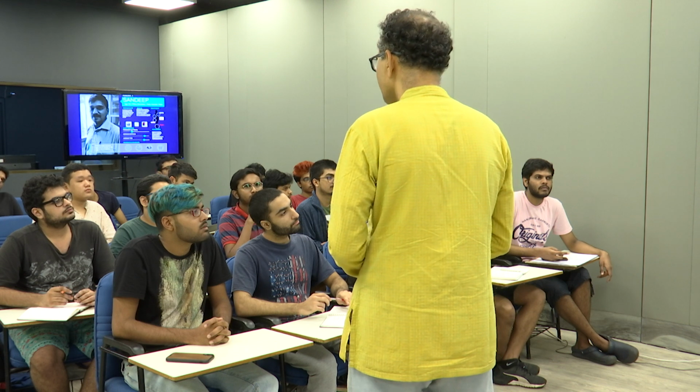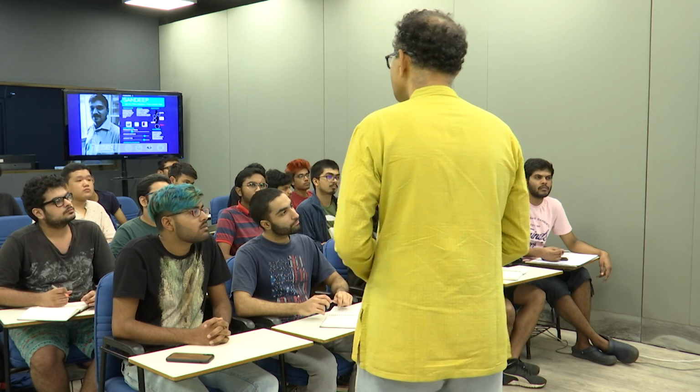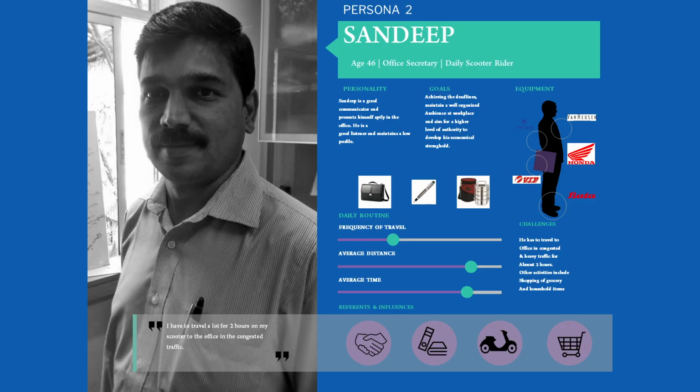Remember I was telling you, one helmet doesn't fit all. So we said, whom are we working for? So they came up with a persona, an office-going person, the largest population of people who are using two-wheelers, and they have the maximum problems. So we chose that persona, and this is that persona. Then we found out their daily routine, the average distances they travel, the type of vehicles they use, the type of shoes they use. So you get the whole demographic information about this persona so that you're now clear about your